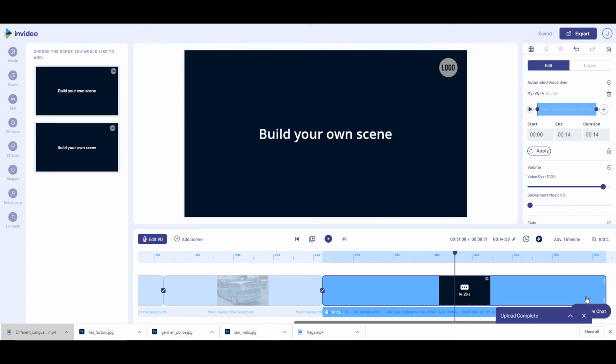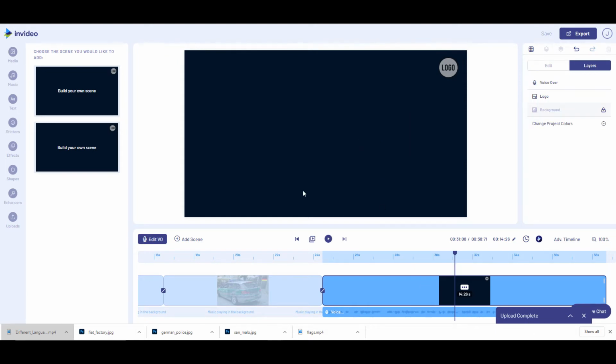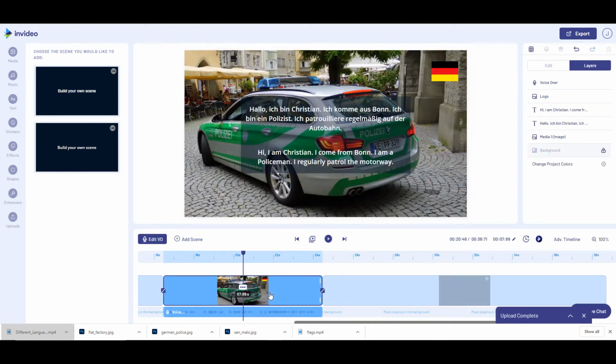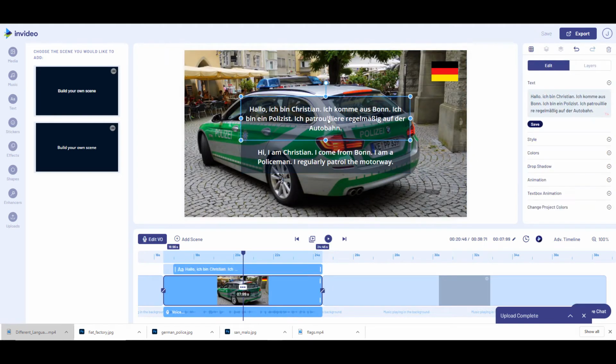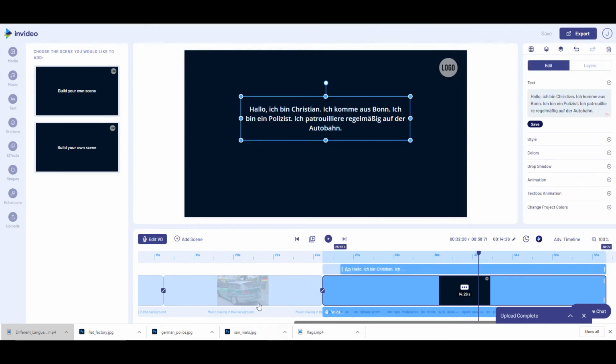Now I want to be consistent on the layout, so I'm going to get rid of this and I'm going to nip back to the previous scene, which was the German policeman, and I'm going to copy this. So I'm going to do Control C, go to the next scene. I'm going to do Control V. I'm going to go back,